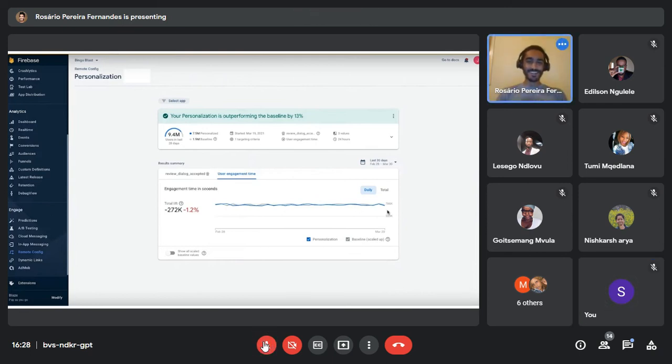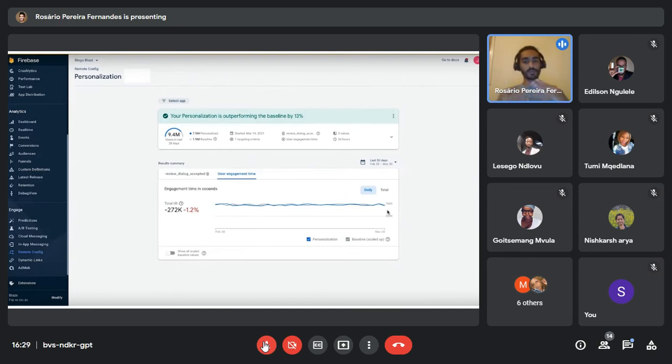Thank you, Simon. Okay, so as I was saying, you also get some results regarding the additional metrics that you set. In this case, we had set user engagement time. So you also get a nice graph showing how the engagement time behaved during the time you were running the personalization. Even though it says it reduced, you can see from the graph that it kept doing ups and downs.